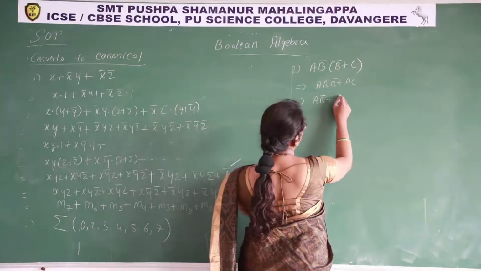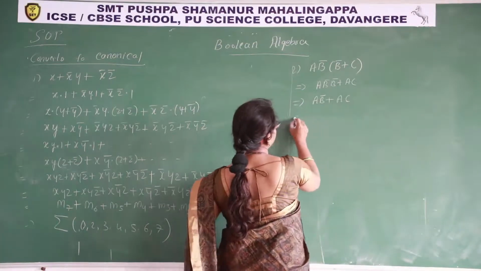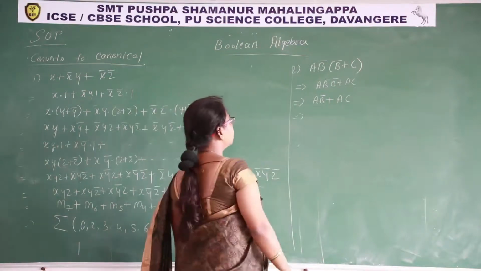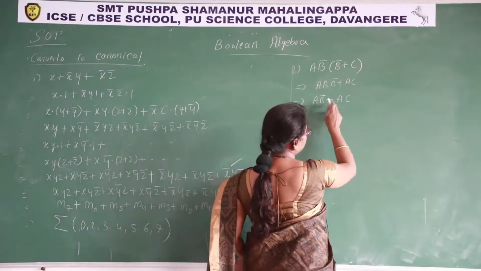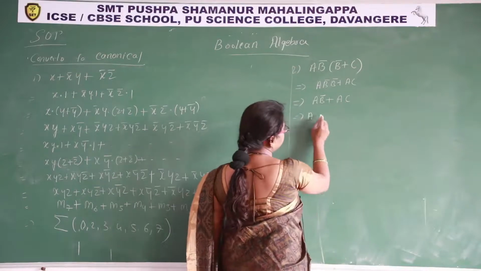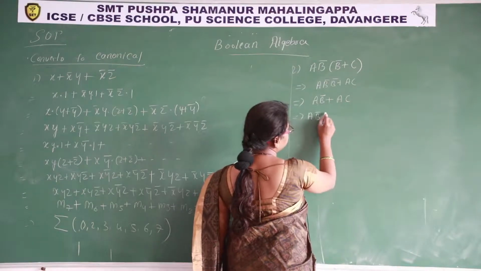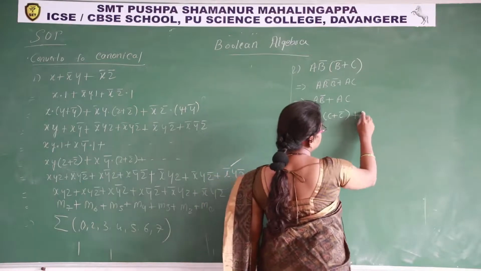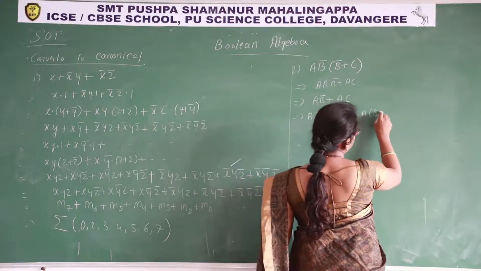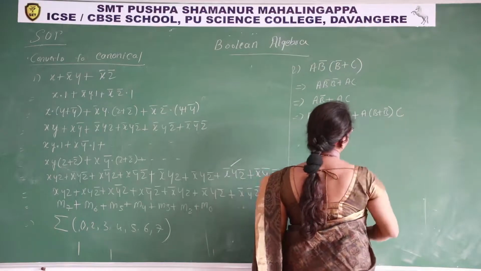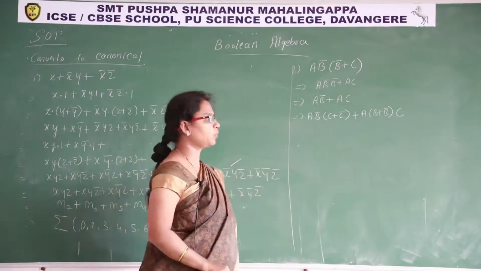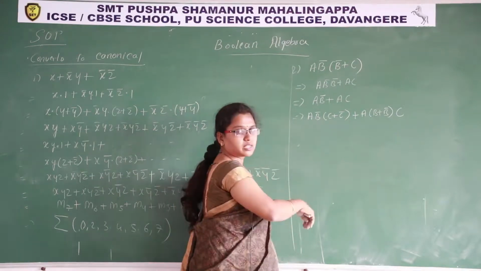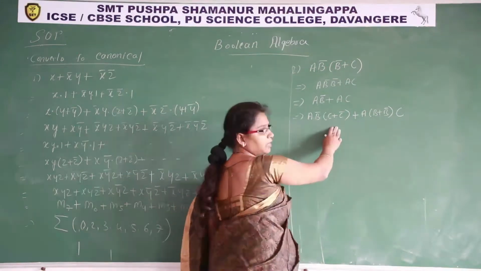Now AC. In total, how many different variables? 3 different variables. Here one variable is missing, that is C, and here B is missing. So I can write AB bar, directly I will write here C plus C bar, plus A into B plus B bar C. I hope you understood how I am writing here. So instead of writing 1, and making one more step, I took C plus C bar in this step itself.